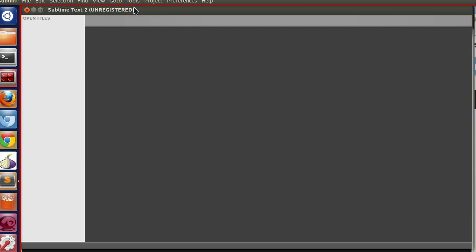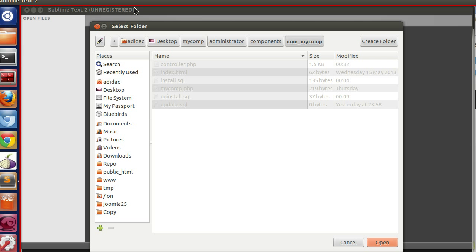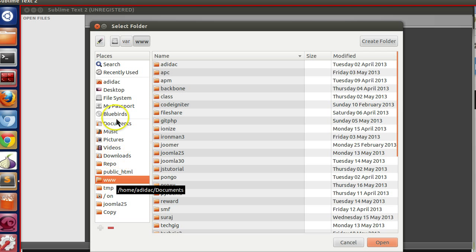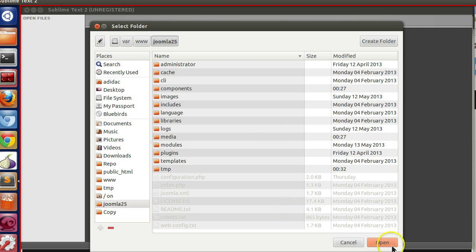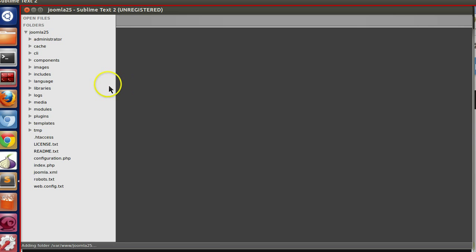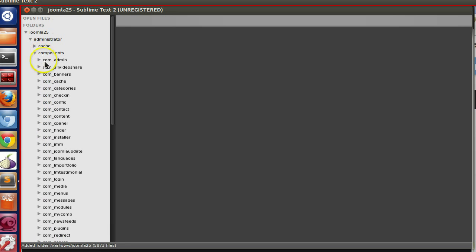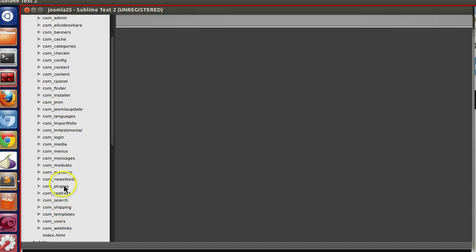Let's open our Joomla project, which is under the www folder. If you are on Windows, then in WAMP or XAMPP. So inside www, this is our Joomla project. So go to the backend component, my comp,